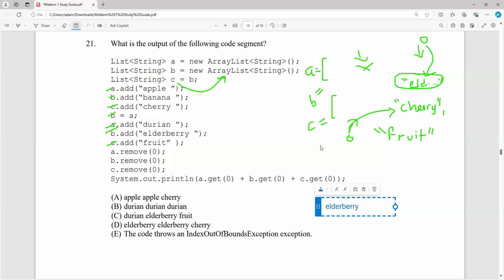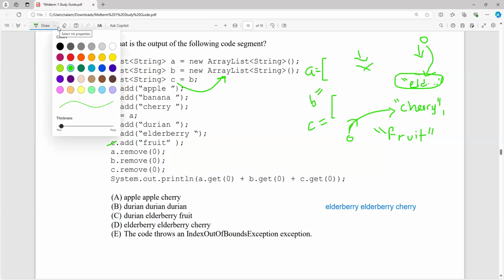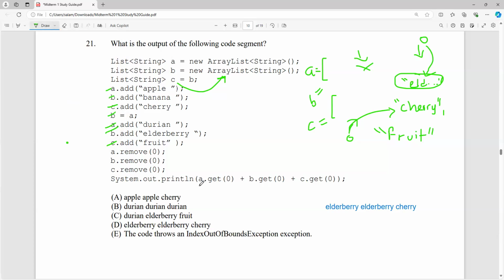And B.get 0. What is the first element in B? Remember, B is pointing to A as well. So once again, it's elderberry. Right. And then C.get 0, where is 0 pointing for C? It is cherry. And that's your answer. Right? Because remember, B and A are pointing to the same thing. So anything you do for A will also be for B. And C, we just adjust the pointers. That's cherry. So A.get 0 is just going to be elderberry. B.get